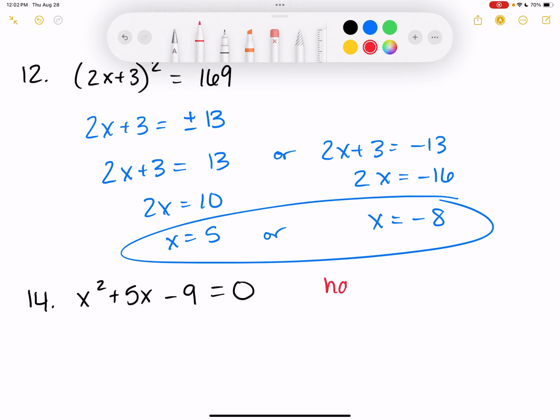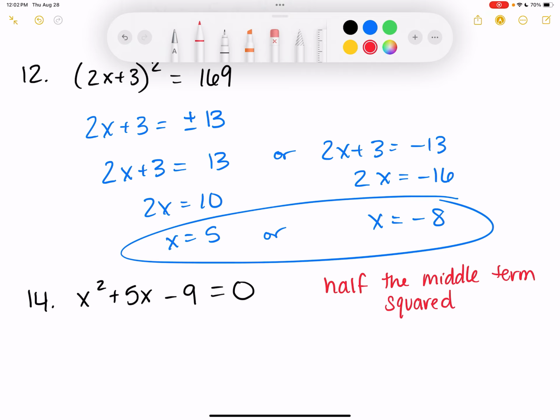Remember, half the middle term squared is my little catchphrase for this to help you, okay? So, are there factors of negative 9 that add up to 5? No. First and foremost, no. So that's the way we would always want to check, assuming we didn't know that we had to complete the